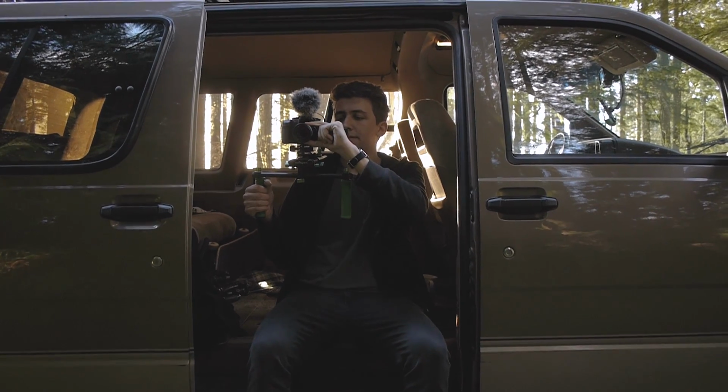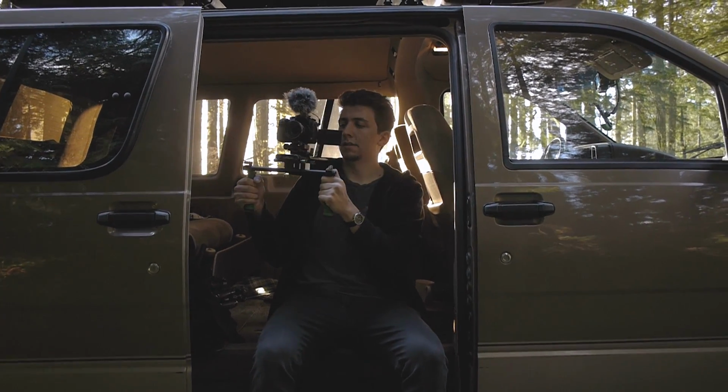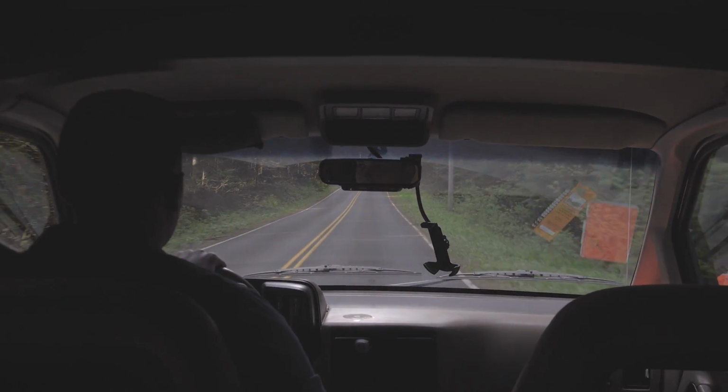One on your shoulder, and then 2 hand grips, and sometimes there's even an EVF that you can have your eye up to like this. So instead of holding it like this and doing all the movements with your hands, you have 3 points of contact, and then you use your torso as the pivoting point, which actually creates a lot smoother looking video. Shoulder rigs like this come in handy when you're filming inside of cars or in situations